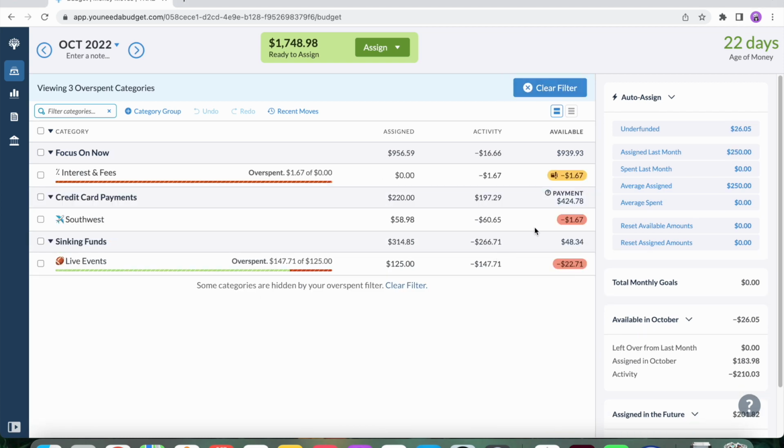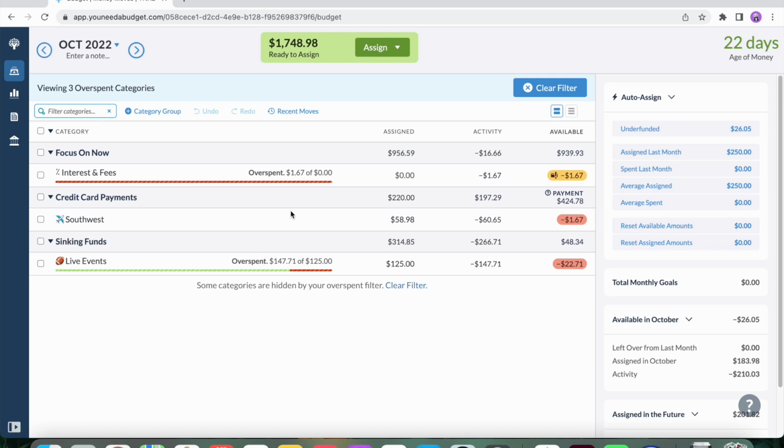As you can see here, I have $1.67 overspent in interest and fees. And this is the same as the overspent, I guess, of Southwest. Basically, I didn't pay off my credit card in time and I got $1.67 in interest, and I've learned my lesson. I won't do that again. This was for the flight. I believe it was to Charlotte. I'm pretty sure that's what the flight was for, and I don't know why I didn't pay it off. I didn't pay it in time or something. I don't know what I was thinking, but I was charged $1.67 in interest,